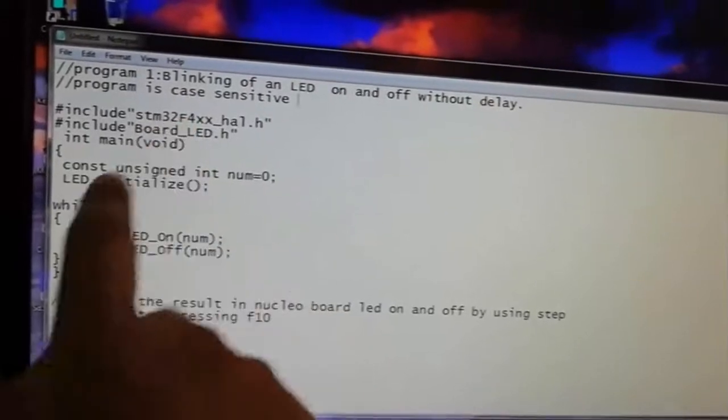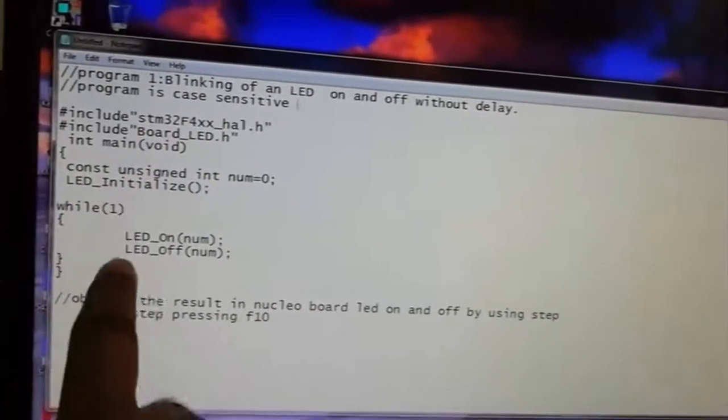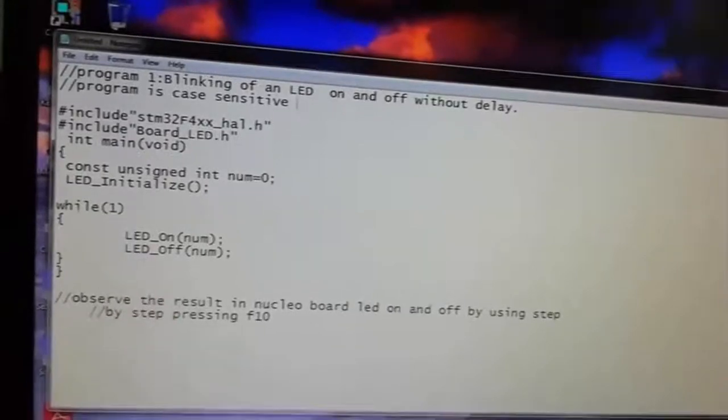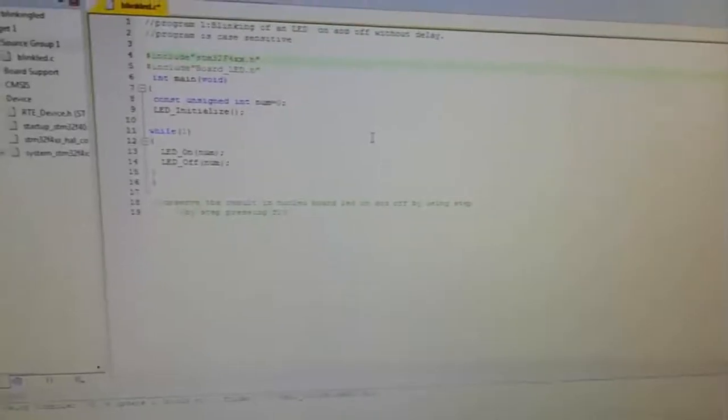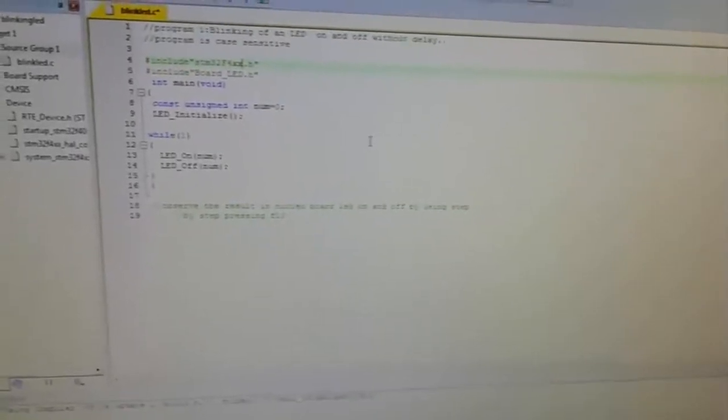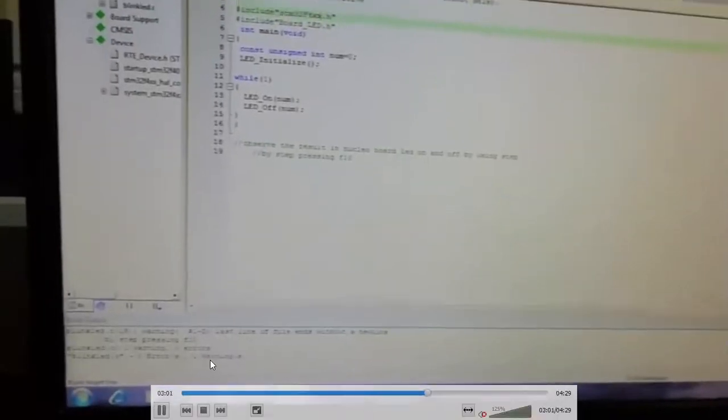Be careful that this program is completely case sensitive, so you have to take utmost care in writing the code. Once it is done, you save it and build it. You have to make sure that it is free from errors and also warnings.